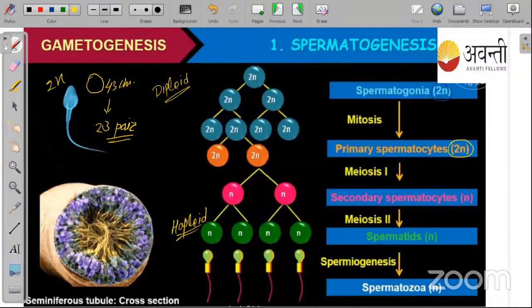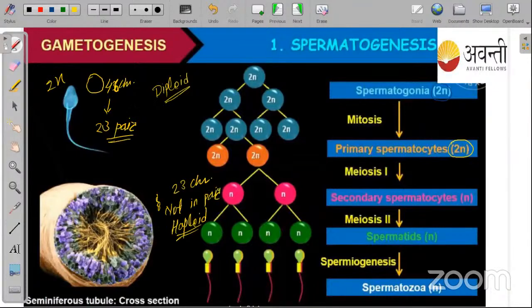Next thing is the haploid. So in case of haploid, the chromosome pair is not present, chromosomes are present in a single manner. That means only a single chromosome is present from the one pair. Okay, and that's why here only 23 chromosomes are present. Okay, समझ में आ गया? Here 46 chromosomes are present in the diploid cell, that means 23 pairs. Okay, but here only 23 chromosomes are present, and they are not in pairs. वो pair में नहीं रहेगा.